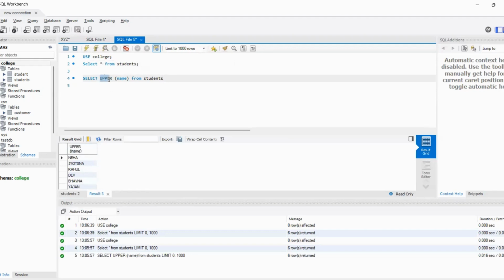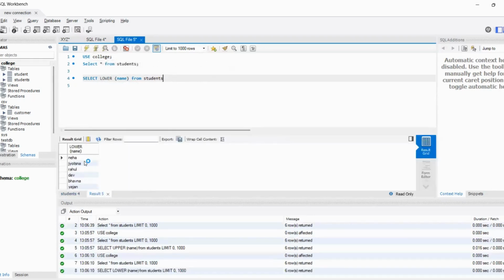Likewise, you can use lowercase. Instead of upper, you can use lower also, and if you execute, the names will come in lowercase. Then our next